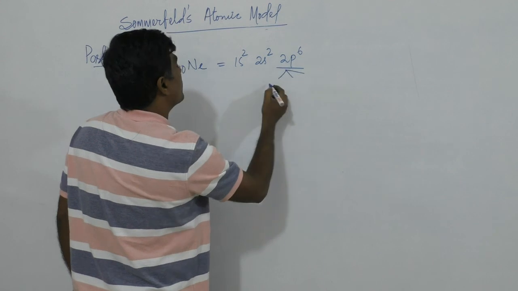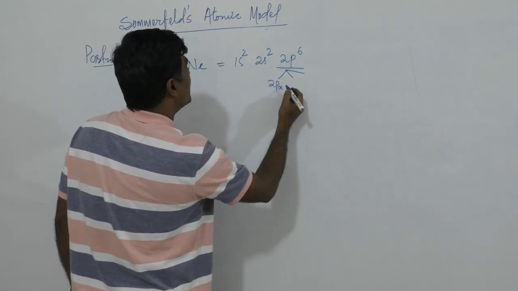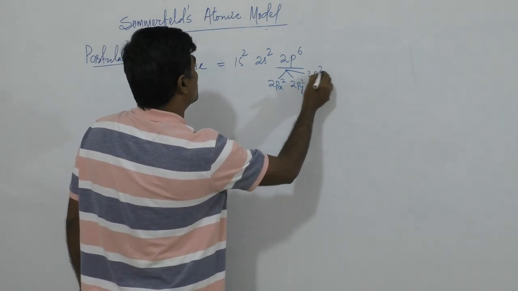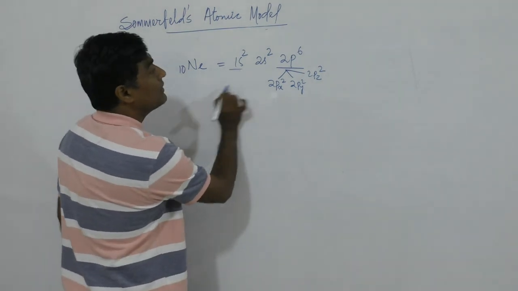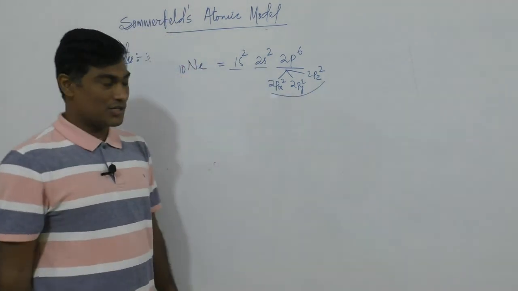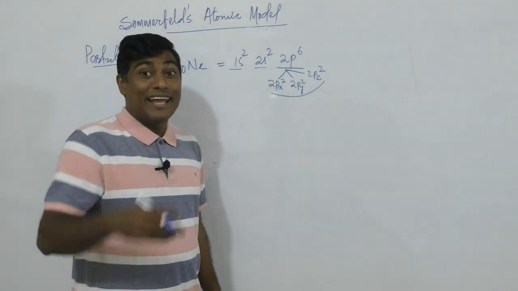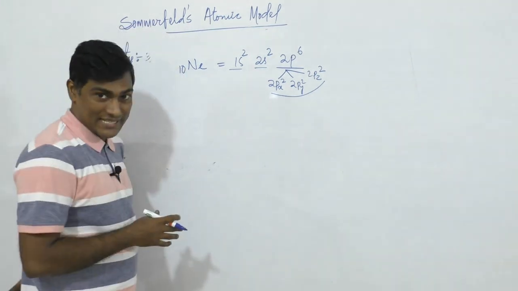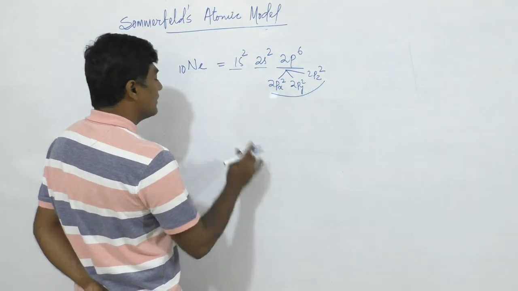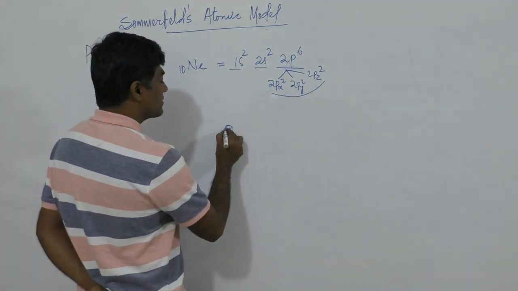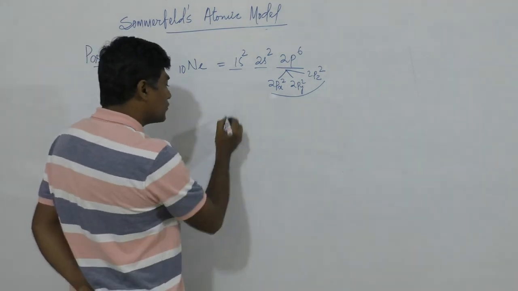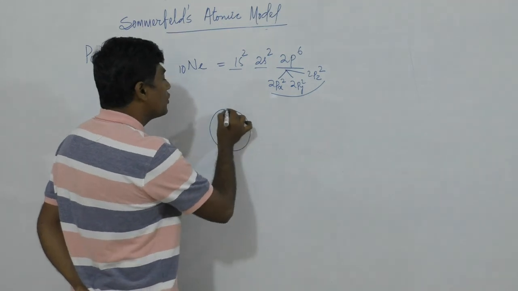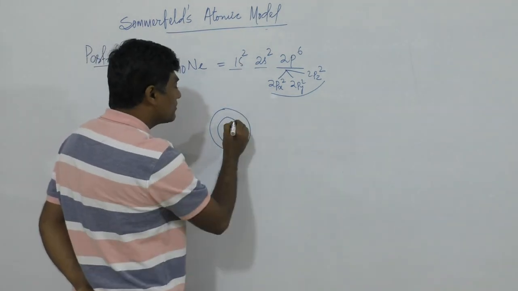This 2p is divided into 3 orbitals: 2px2, 2py2 and 2pz2. Okay, so these 3 are orbitals. So we have to show how n and k will be interrelated in this neon case. So you see, this is the nucleus. First 1s means this is circular, then 2s, this is also circular, both of them contain